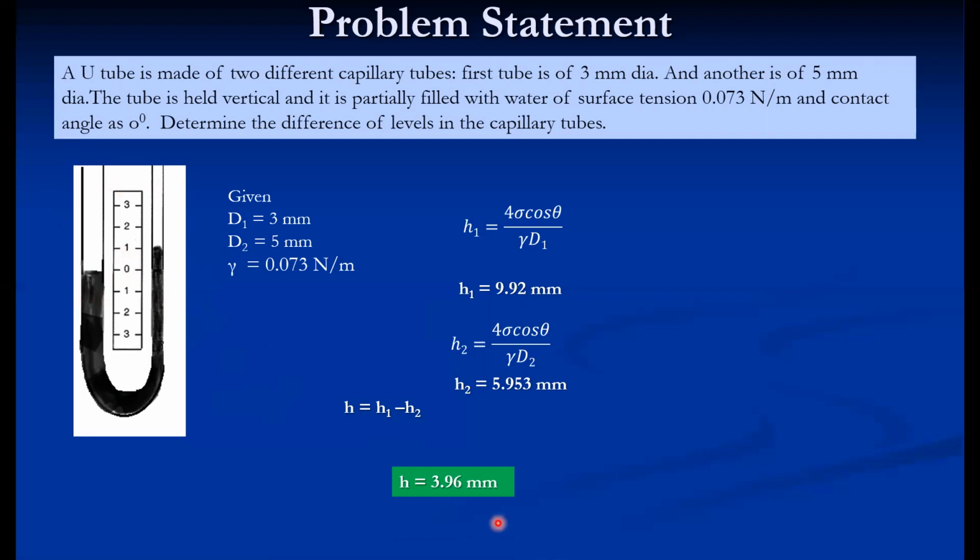So that is 3.96 mm. This is the error in measurement. Every time we use this tube for pressure measurement, there is this additional pressure head, which is not acceptable. So while designing a U-tube manometer, care has to be taken that capillarity or capillary action should not take place. This is the difference in development.